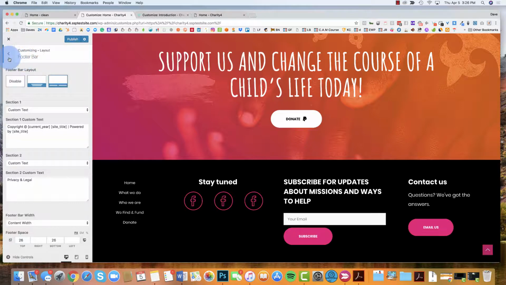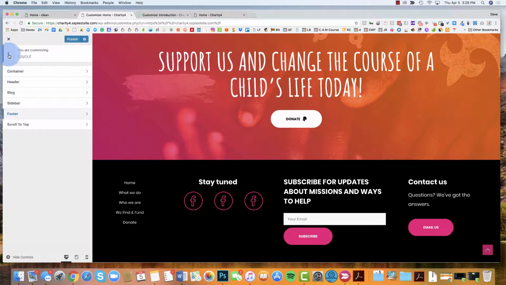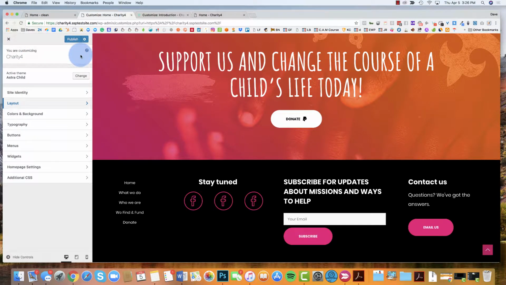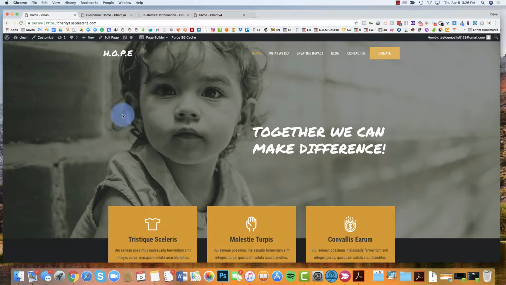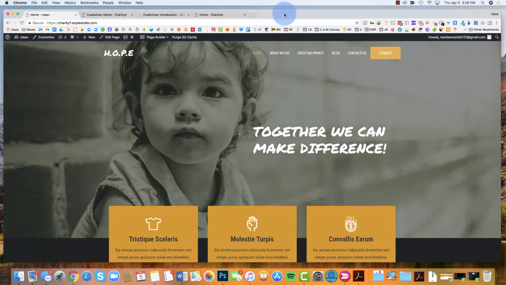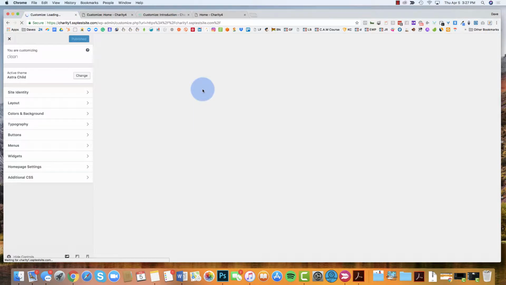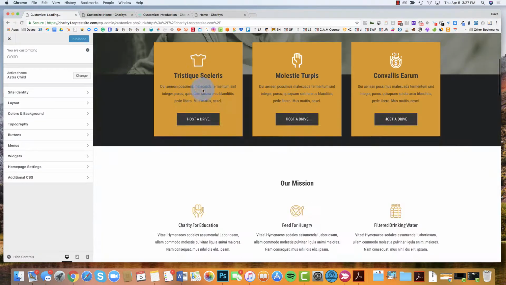But like I mentioned, I'm going to show you how to use Beaver Builder to make these footers. So I'm going to jump back over to this theme. If you're not in this demo, again, it's going to be exactly the same. You're going to find the footer in the same place. Let me just jump in here really quick and show you the footer. If anyone is using that other theme and you find that issue with turning on the bottom footer, just let